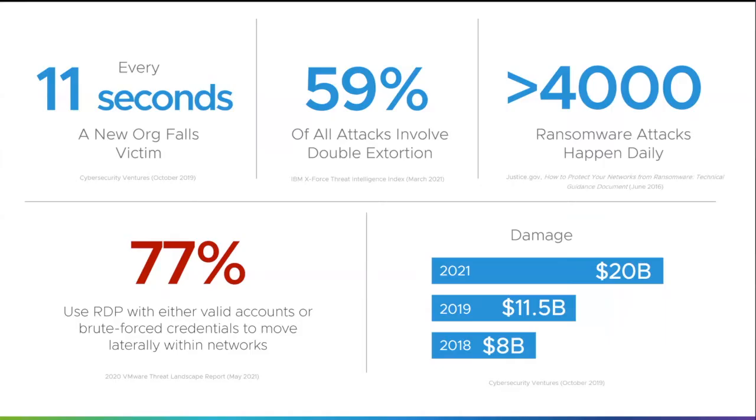Now, some of these stats are probably familiar, but we've noticed an increase in the last year or two in destructive attacks in particular. What we mean by those is attackers are no longer effectively trying to break into your house and steal your most sensitive information. What they're doing now is they're still breaking into your house. They're still stealing some of your most sensitive information, but then they're effectively setting your house on fire on the way out. And how we see this operating is with double extortion as well.